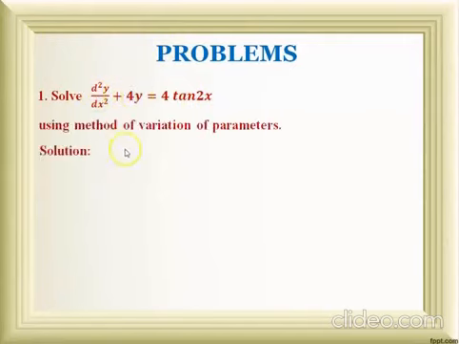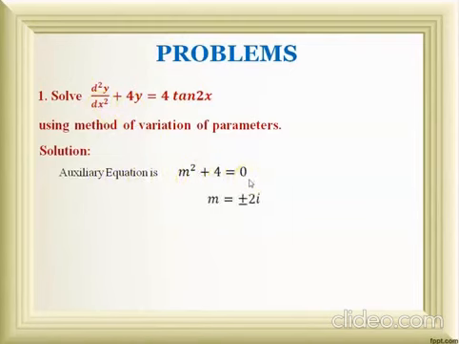In the first step, we need to write the auxiliary equation. In the operator form, we replace D with m. I will get the auxiliary equation m square plus 4 is equal to 0. The roots are imaginary. After simplifying this, I will get the roots plus or minus 2i. Here alpha is 0, beta is equal to 2. So the complementary function is e power 0x, which becomes 1, times c1 cos beta x plus c2 sin beta x, using c1, c2 instead of a, b. That is the only difference. Here beta is equal to 2.